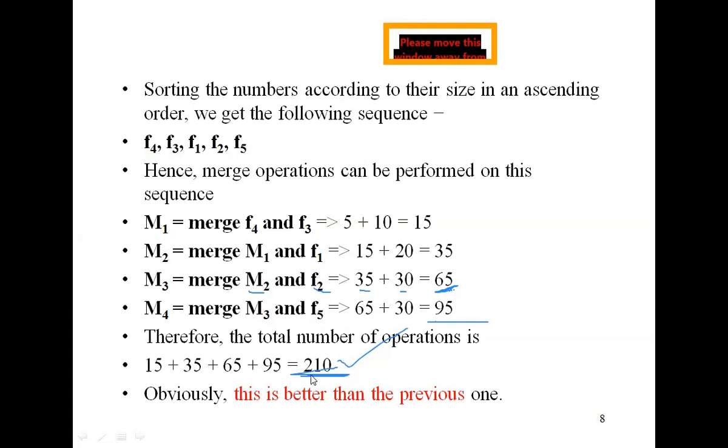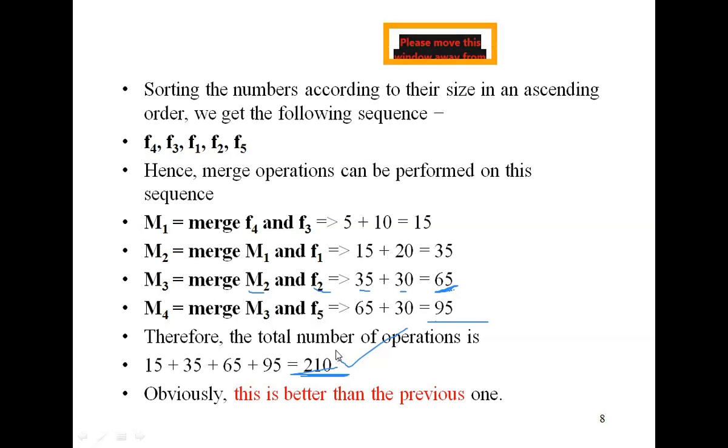So always, for the merging of files, whichever way costs less is the optimal one. We can say the minimum cost tree is the optimal one. So this is better than the previous one. Previous one costs 270, present one costs 210. So 210 is better than 270.